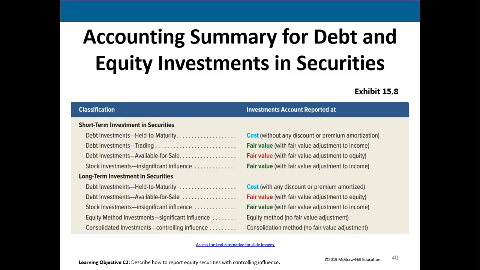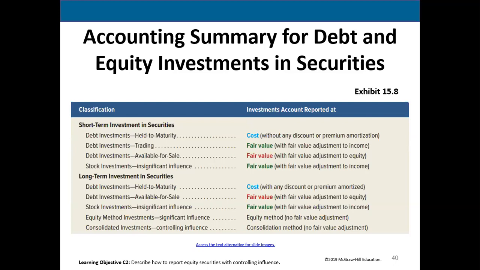If we're going to hold it longer, for 2 or 3 months, but not to maturity, it goes in the available for sale category. They are also reported at their fair value if we own them at the end of the year. But we report any difference in price increase or decrease directly in the stockholders' equity. Unrealized gain or loss is reported directly in stockholders' equity.